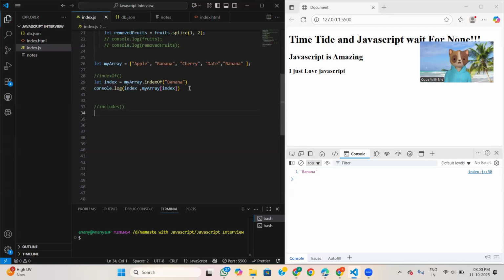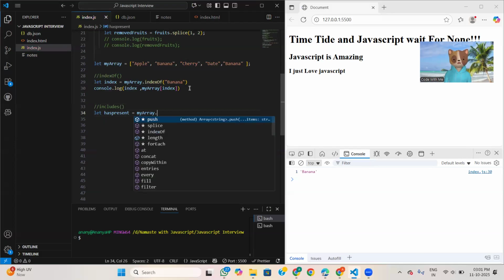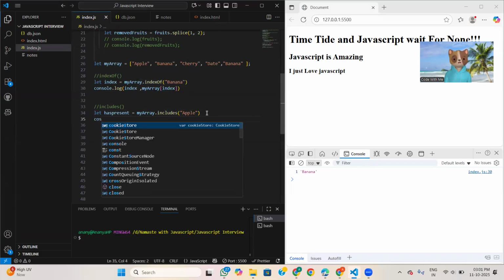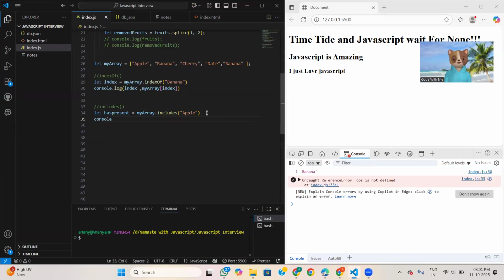So if my array includes apple, then it will return true, otherwise it will return false.